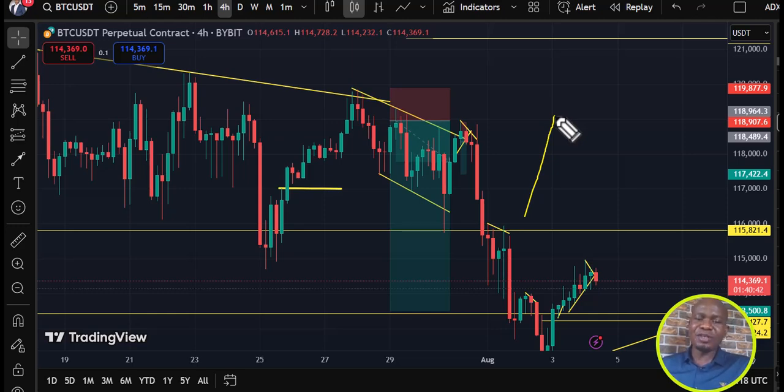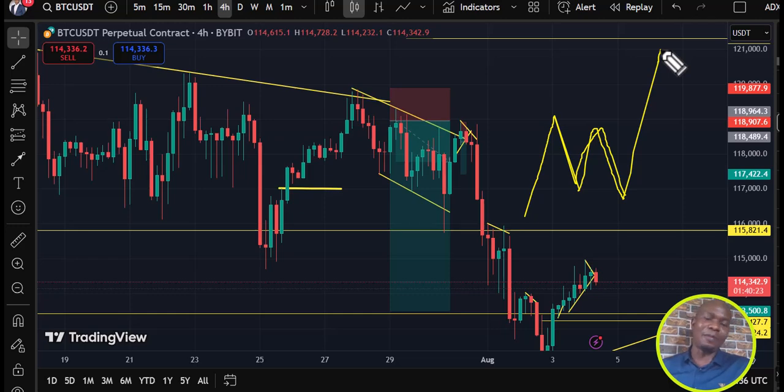If you have something like this sharp move down, is this just the corrective move? The answer is no. You should be expecting at least a 3-wave corrective move. Until we have this 1, 2, 3 or ABC, this correction is not over. After that, you should be expecting the next move to happen. Now there are many forms in which this correction can play out. The one I drew here is what we call the regular flat.